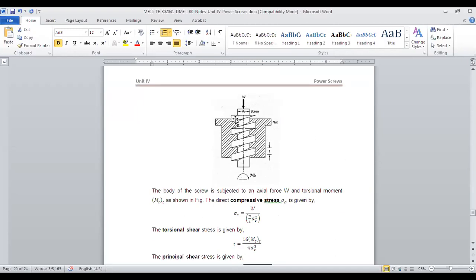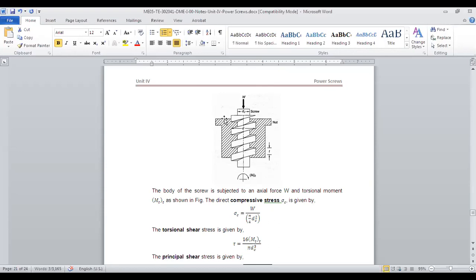So now see, this screw will go under some failure. Assume the basic rod or basic core part of the screw. Forget about the threads. Now the core part will have two stresses. Now see, I am going into the design part. We are trying to find out what are the different stresses and how to calculate those stresses. And if we know those stresses, we can calculate the diameter, right?